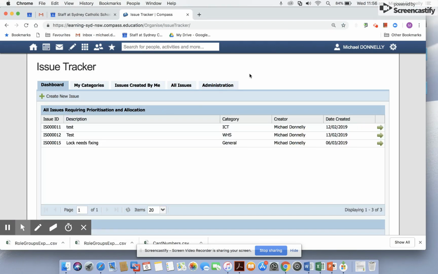Now, depending on the permissions that have been set up, some people will have the permission of issue tracker administration. And if you have that, you can see this tab here. What this tab does is allows you to configure certain functionality and access depending on what a person's role is